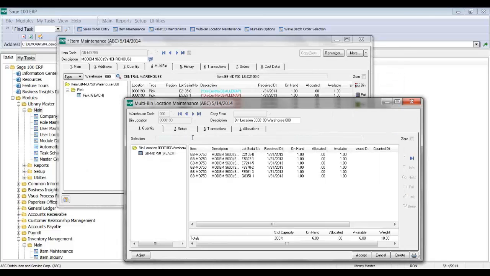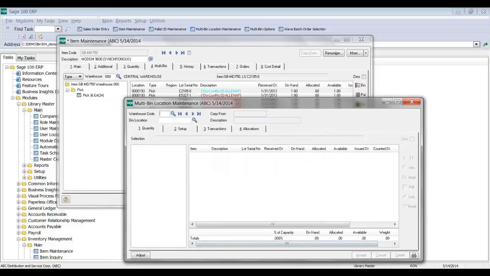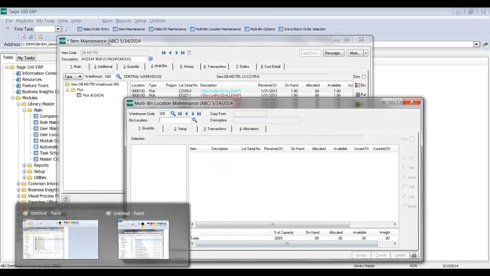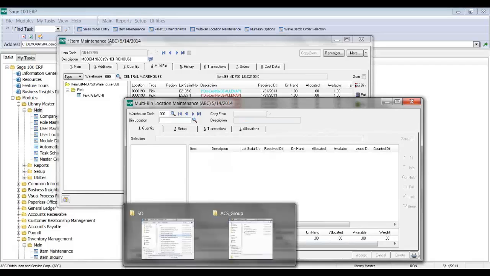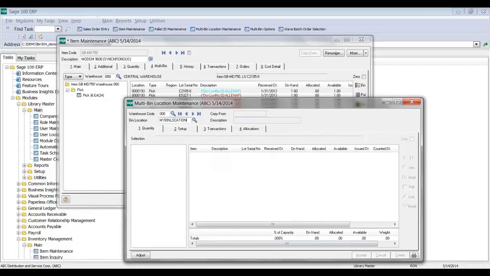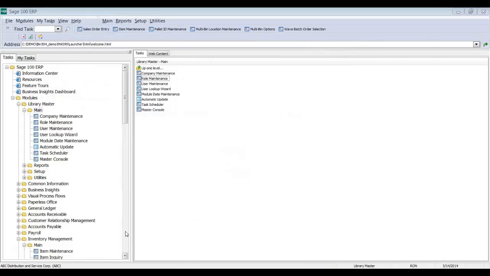So the creation of a bin location is like this. Put in the warehouse code, and this is my bin location, and that's a 15-character field. Hit enter, and then hit accept, and you're done. You've created a bin location. It can be that simple. When you're importing them,